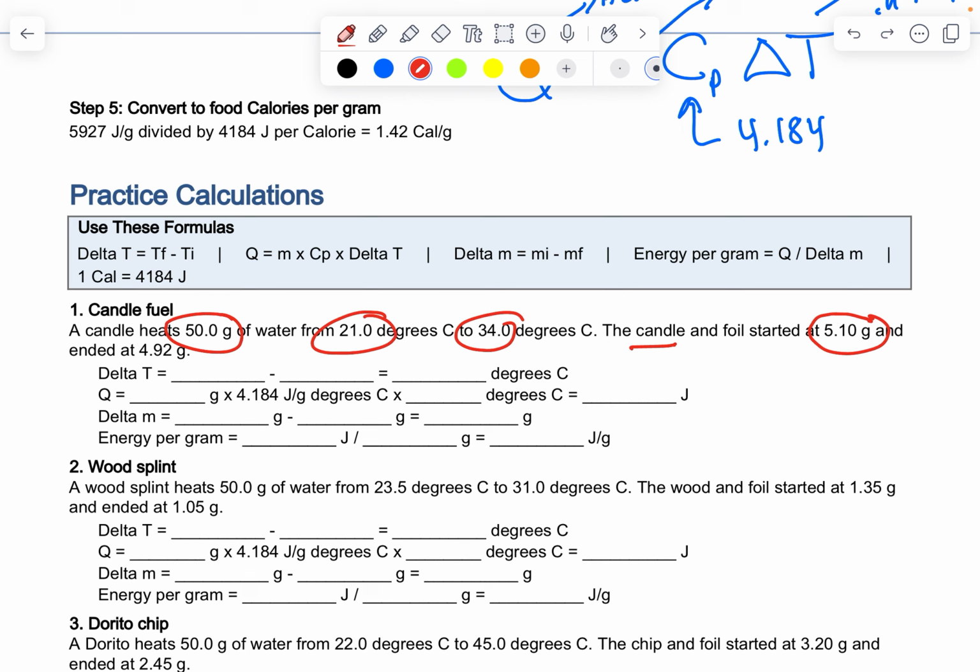So let's go ahead and find the delta T. We do the final temperature first, remember what we talked about. So it's 34, and the initial temperature goes second. The difference between these is 13 degrees. To calculate the Q, we simply multiply the mass of the sample of water that we're heating. We already have the specific heat of water, 4.184. Delta T is just from the line above, so we carry it down, 13 degrees. And if we multiply this together,